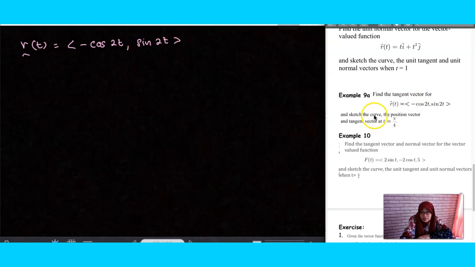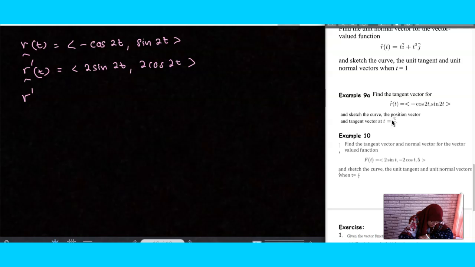Okay, so meaning that here there are two, just to get the unit tangent vector. Right, so just tangent vector, just r prime at specific t. Okay, so firstly, tangent vector. So we obtain that we got 2 sine 2t and then 2 cos 2t. Then because they give you the specific value of t,